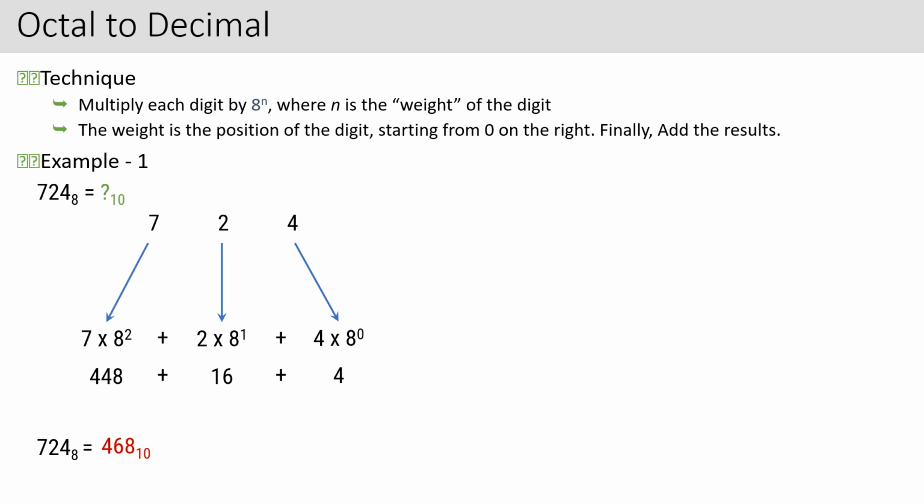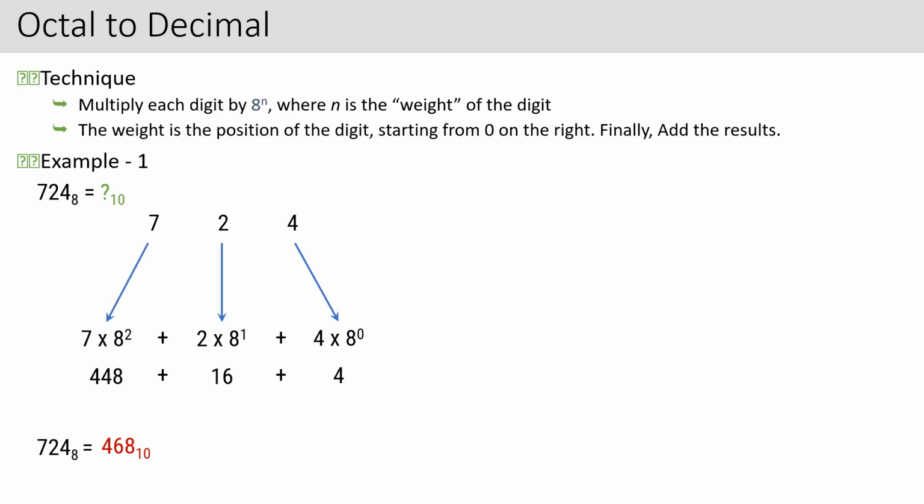It is 468. Now here one thing you should notice is that when I converted octal to decimal, 468, 468 is not an octal number. Why? Because it contains 8 and 8 is not an octal digit. So it is a decimal number. So just by looking at the number 468, you can very easily conclude that the number that is given to you is not an octal number. Okay, so this is how you are supposed to convert.